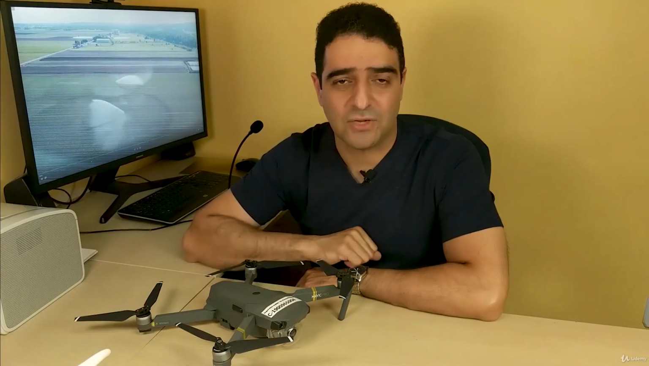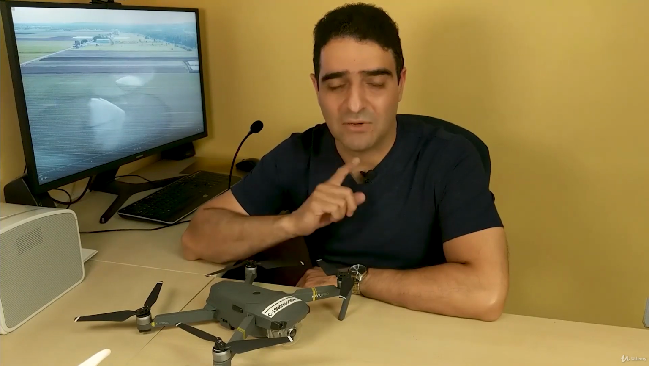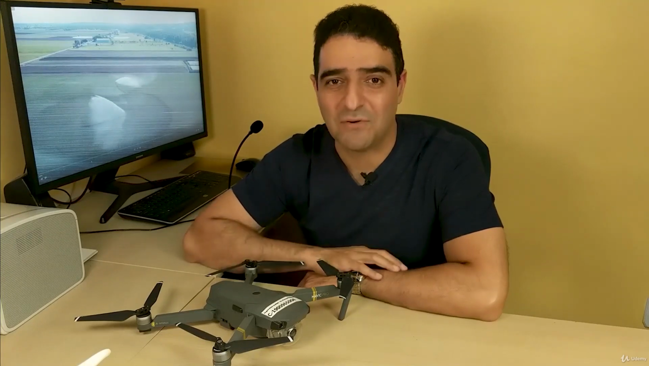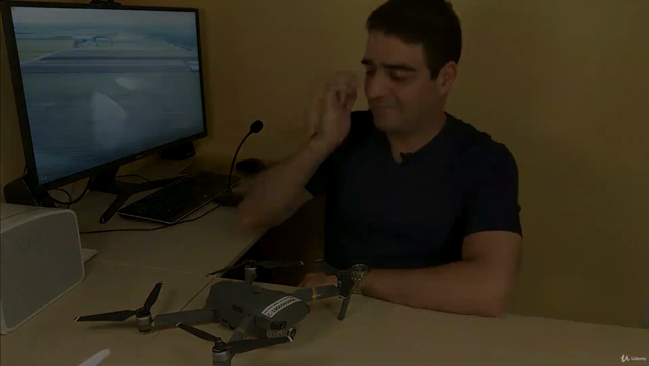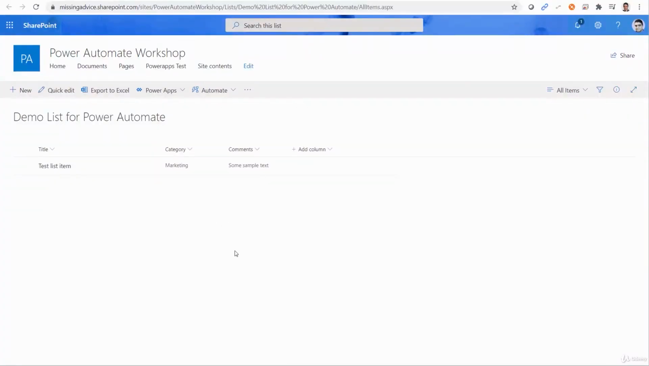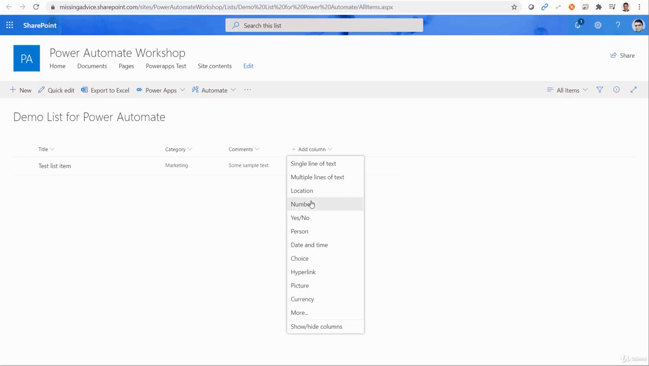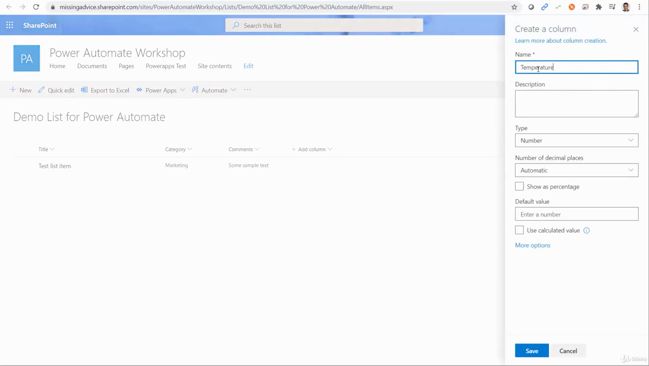We have seen how we can capture the latitude, longitude, and all that information. Now let me show you how you can add the weather information to the same list. All right, now let's turn this SharePoint list into something like a drone logbook. So the more fields that I want to add here, first of all, I want to check the temperature. So I put a number here. The field name is going to be temperature,